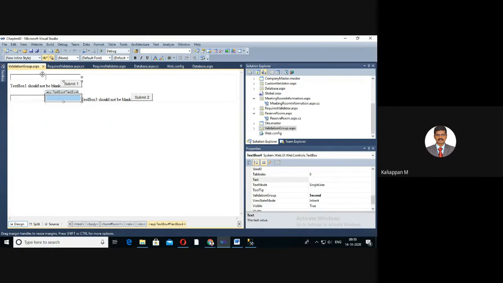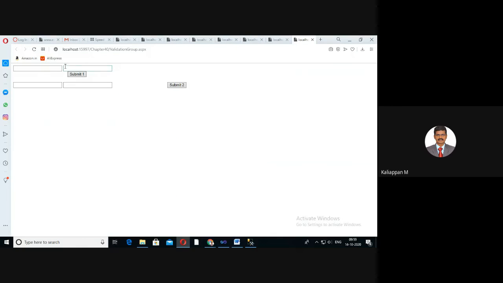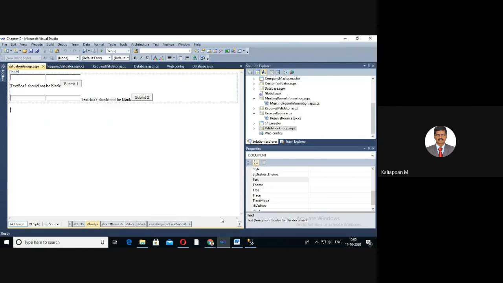So this group of controls is handled by this validation group, and that group of controls by the other. When you run your browser, these submit buttons or this validation group handle this group, and this validation group handles this set of panel. So this is an example for validation group.